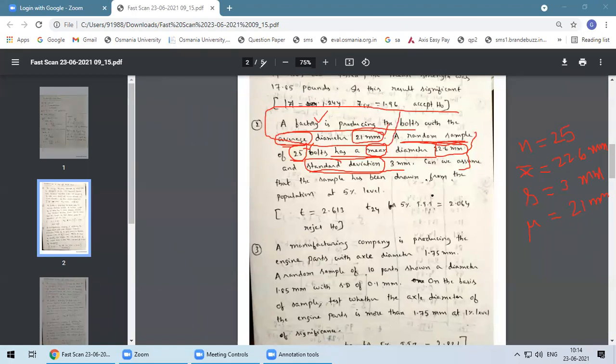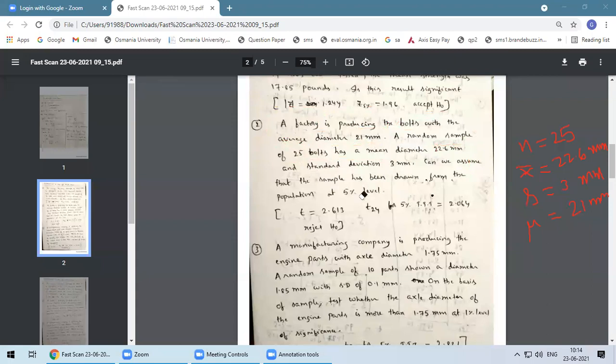Is it clear now? What is given in the data? If it is clear, we will go for the steps now. If you have any doubt, you can ask me. The first sentence itself is a general statement. That means the population mean is given. So on average, the diameter is given. For testing that statement, the sample data is given to you. I hope you understood. So this is the information given.